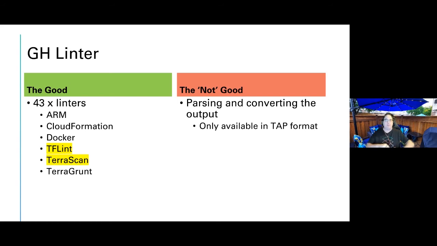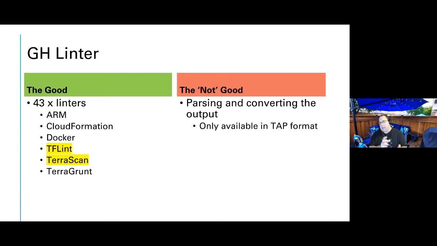So it's great. However, on the not good side, the GitHub linter produces the report results from its scans in a format called TAP, which is fine. It's more universal. But if you want to take the results from the linter and publish them as a pipeline test result, you're going to have to do a little bit more legwork.